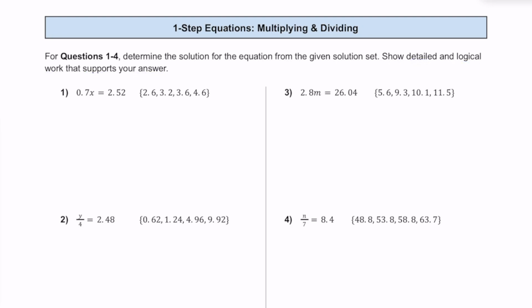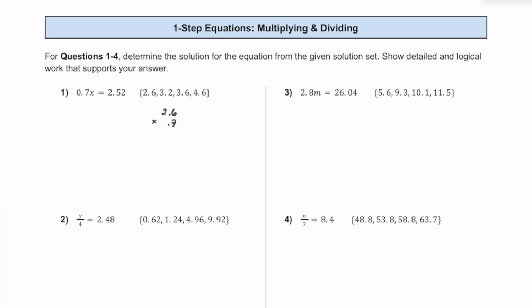answer as well. So for question 1, we have 0.7x is equal to 2.52, or you can also call this 7/10 multiplied by x is equal to 2 and 52 hundredths. This really just means 7/10 multiplied by what number would equal this 2 and 52 hundredths. So let's try this 2 and 6/10 first. Let's substitute that over here. If we take this 2 and 6/10 and multiply that by the 7/10,